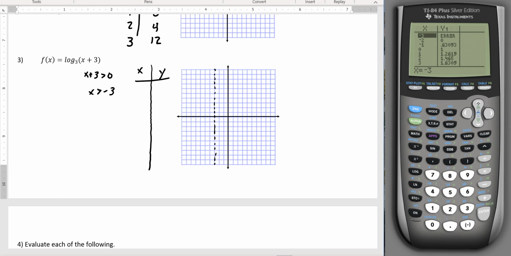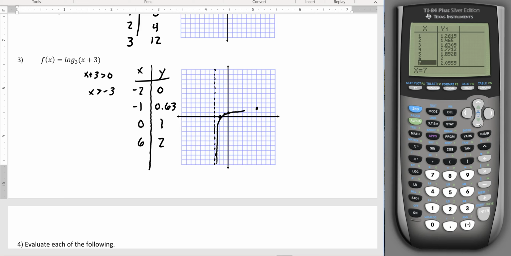Try to find some points here. So, -2, 0, and then -1, 0.63. Remember, those x values don't have to go necessarily right in order. So I'm going to see if we can get to where 2 is in our y value, 6, 2, and I'll call that good. So I got -2, 0, -1, 0.63, 0, 1, and then 6, 2. That'll put me right about there, and then I can go ahead and connect